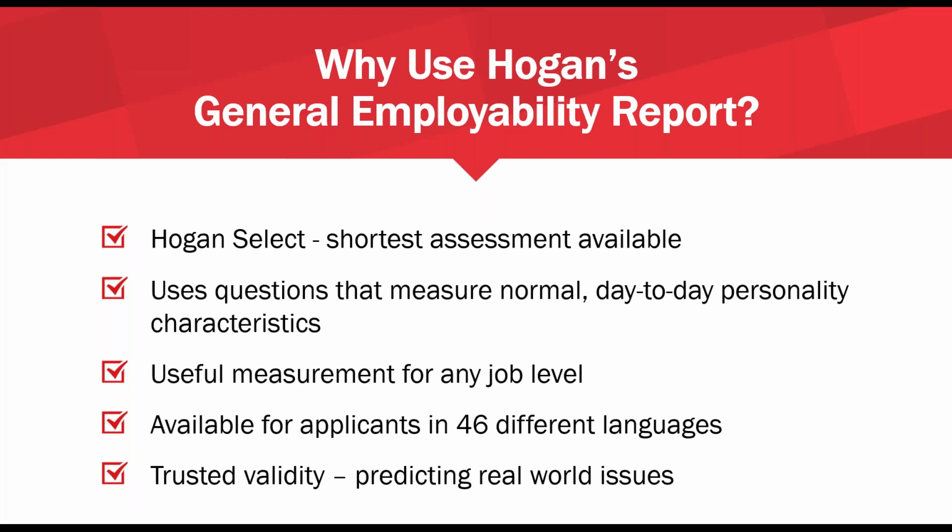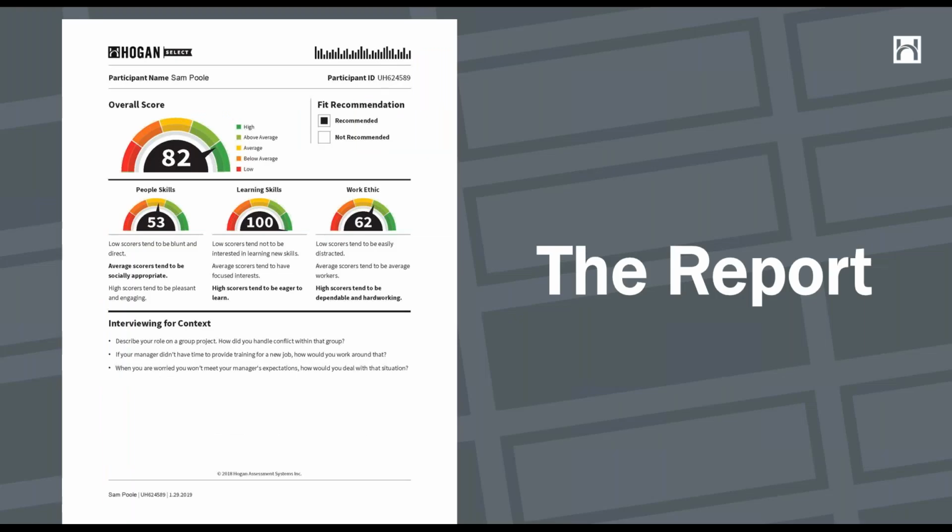So the actual assessment itself, we've tried to keep it as simple as possible. The actual assessment provides you with, as you can see here, an overall score across five levels, a fit recommendation, and then information about what we're calling the sub-competencies or sub-skills of people skills, leadership, or work ethic. We've tried to simplify this as well to where we can directly feed these results using an API into an HRIS or an applicant tracking system, so that a recruiter doesn't even have to look at a Hogan report.